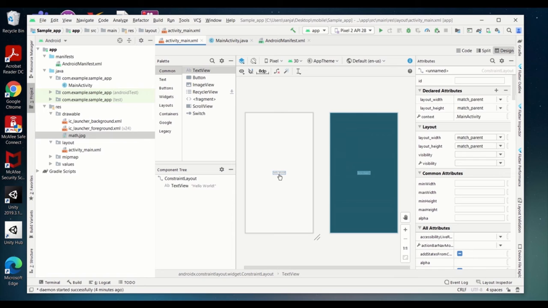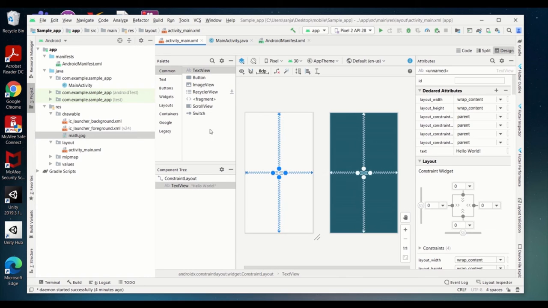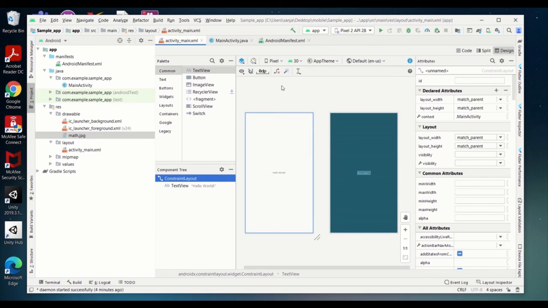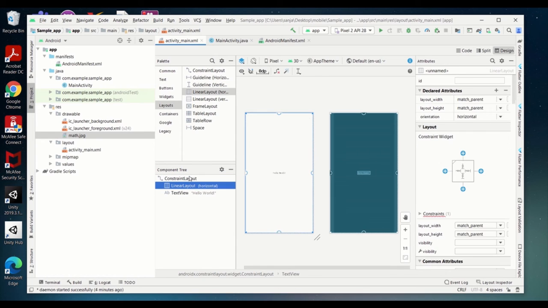We are gonna build our application. In Android Studio, once you have the user interface, which is the activity main, you have constraint layout. In this case, you also have many different layouts, where you have the linear layout, which has the horizontal view or the vertical one. So if I'm putting the linear layout inside the constraint layout, so all